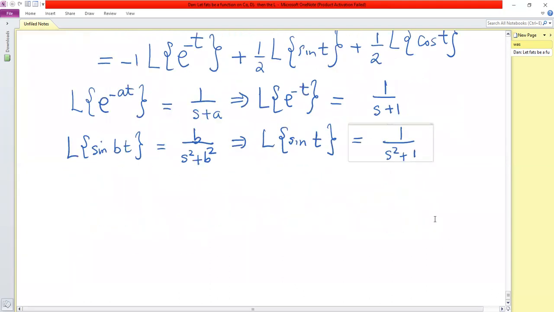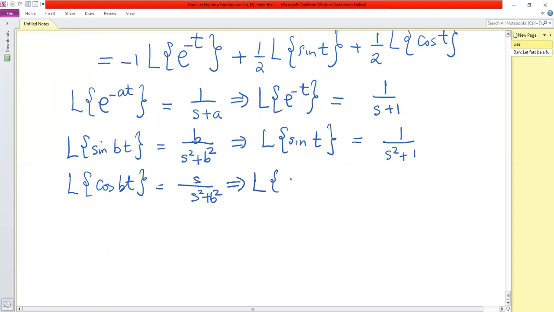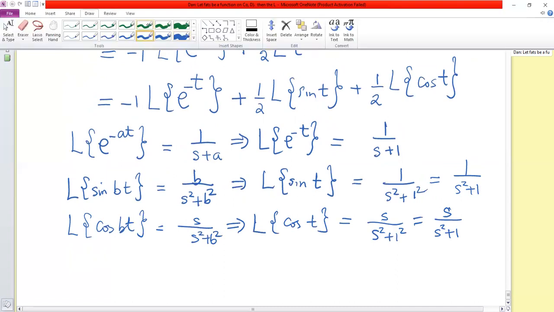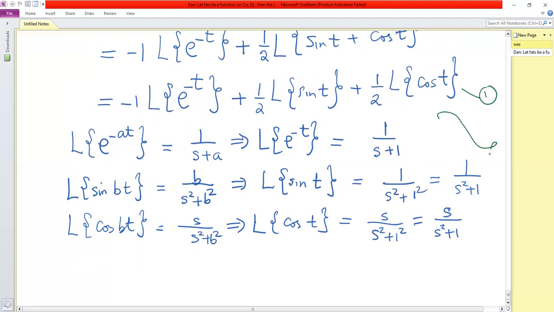And then the Laplace transform of cosine of bt is given by s over s squared plus b squared, which means the Laplace transform of cosine of t, where b is 1, will be s over s squared plus 1 squared, which is the same as s over s squared plus 1. So if I call this one equation 1, and I call all this star, then putting star in 1,